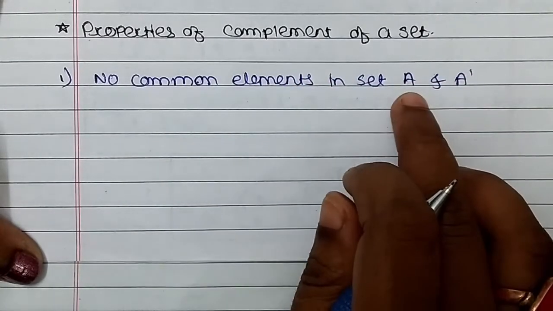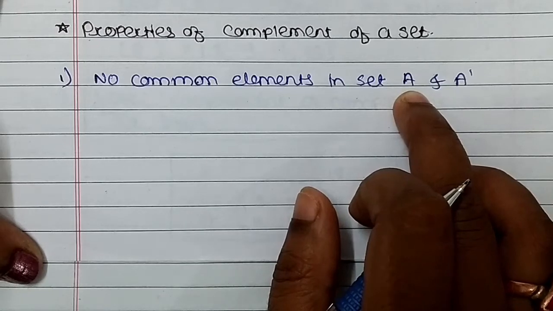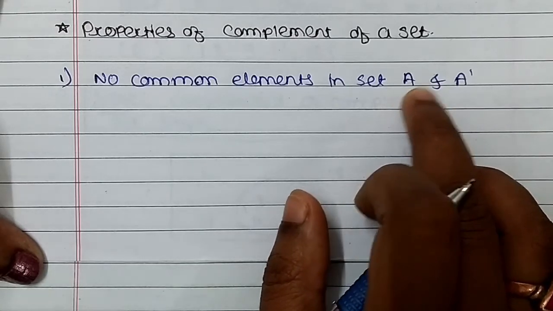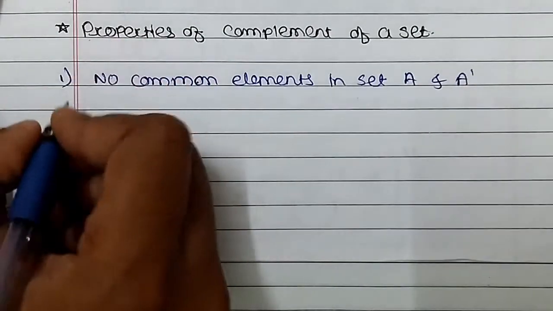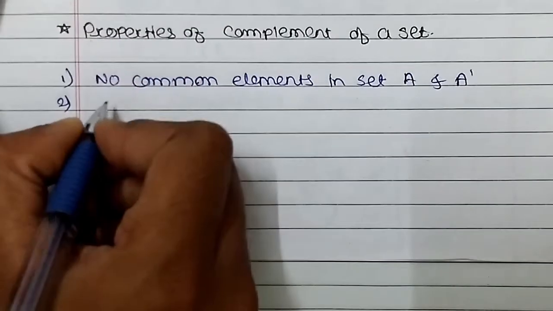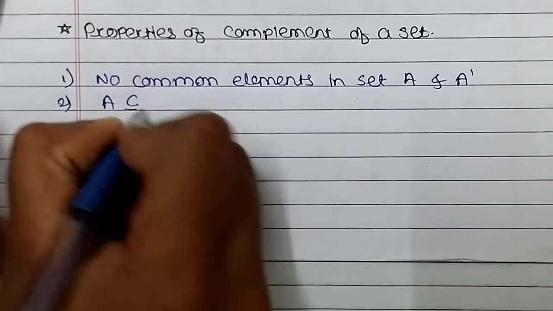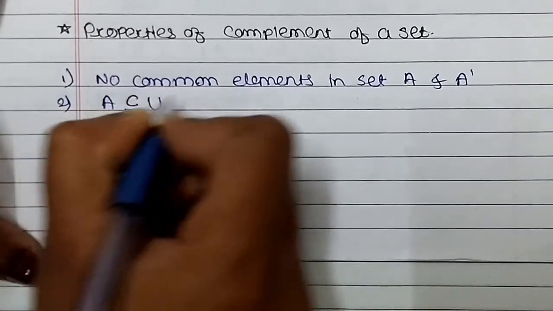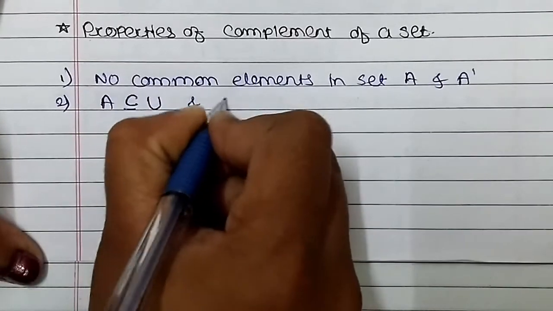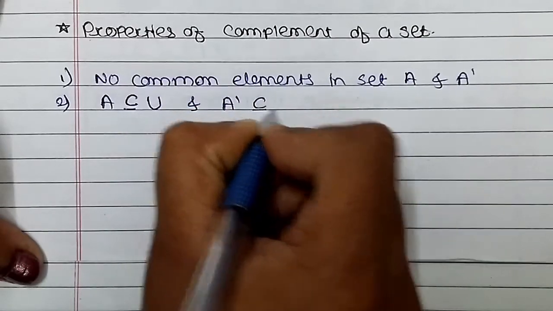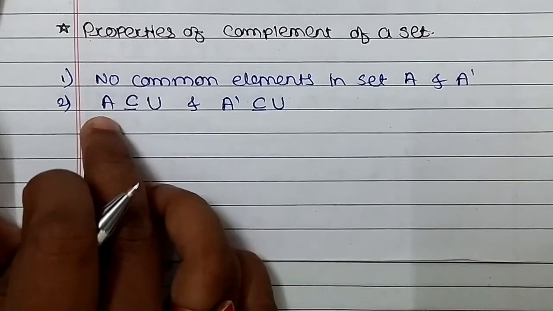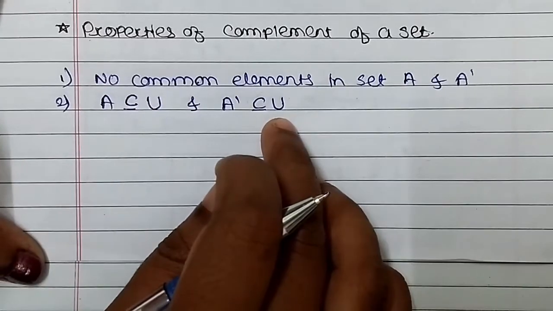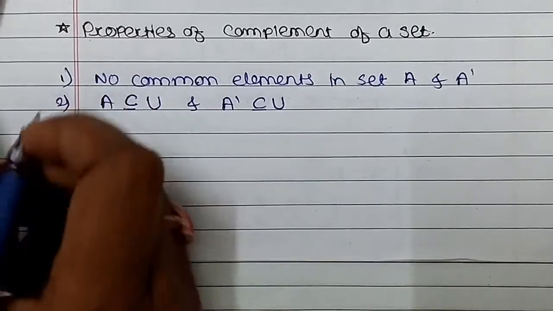Okay, there are not any common elements between set A and the complement of that set A. Okay, next property, A is a subset of U, then A dash is also a subset of U. Okay, when set A is a subset of U, then the complement of that set is also a subset of the universal set here. Then third,